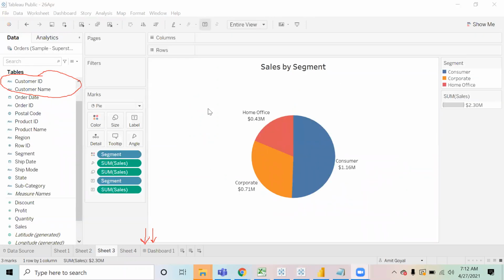There is a small tip that I would like to give you over here. You see there are a lot of fields that you see right now. You can recognize from this icon, the color of the icon is this. That means the segment is being used on the color. This is angle, that means this field of sales is used on angle, and this sum of sales is used on size. The segment is again used on the label also. You can see from this symbol T that this sum of sales is used on the label again. So you can recognize that field, like on what part of Tableau it is being used.